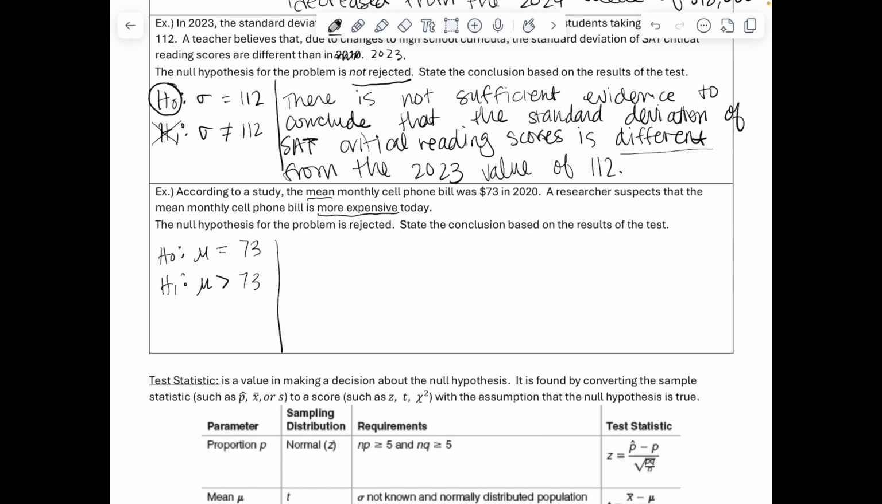The next thing on here says the null hypothesis for the problem is rejected. So that means our null was rejected, and this time we're actually going with and not rejecting H1. So this time we have evidence now. What we were testing and what we thought is actually what we are not rejecting. So it's what we are going with in this study. So we're going to say there is sufficient evidence to conclude